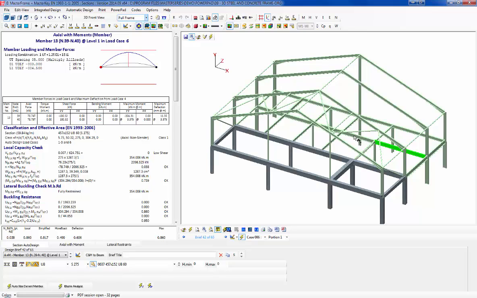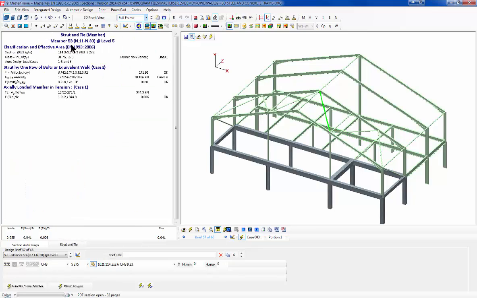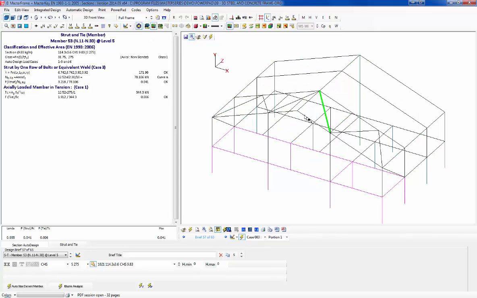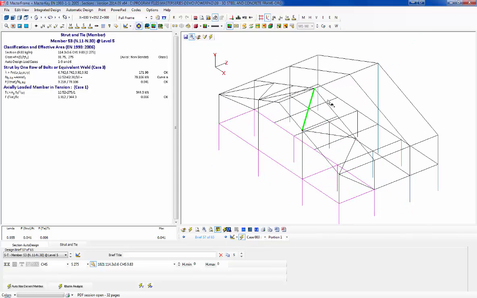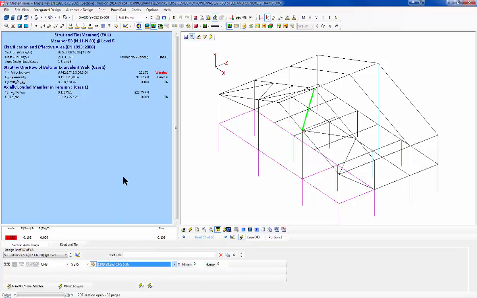So let's look, what else do we have? Any bracing members? We've got a little strut and tie on my bracing member, and if I just turn off the 3D, it's actually quite useful because it lets you see just that current member in more detail, and we can see that our 142, if I want to come down, try an 89 by 3,